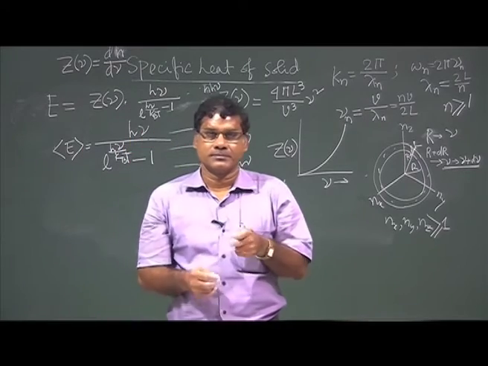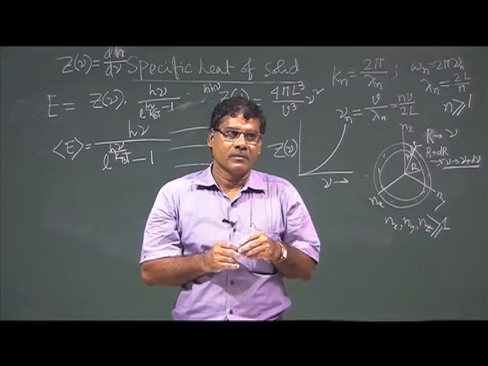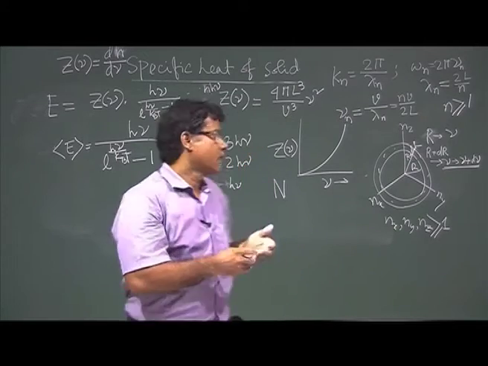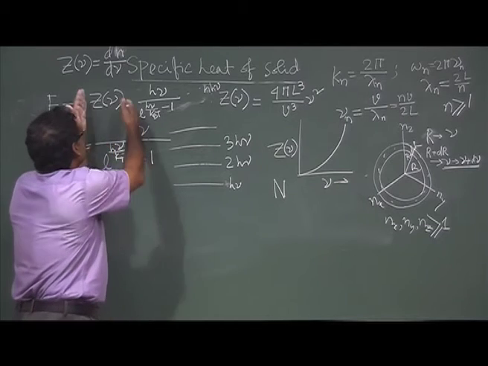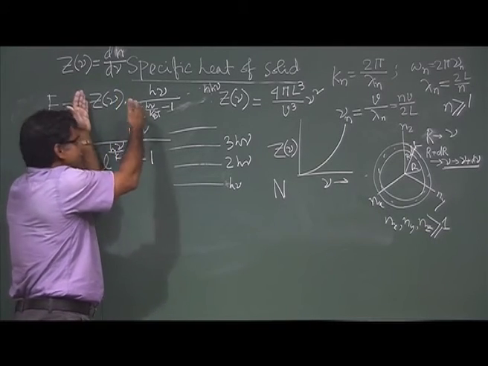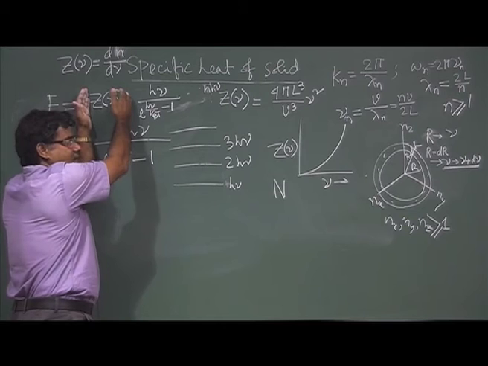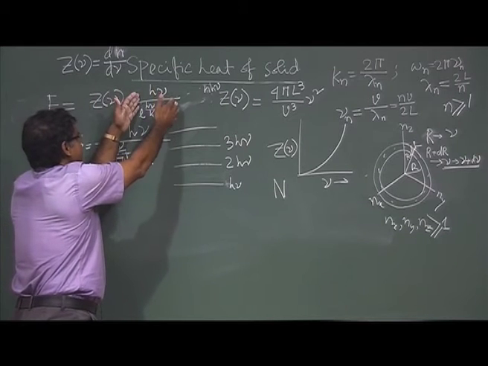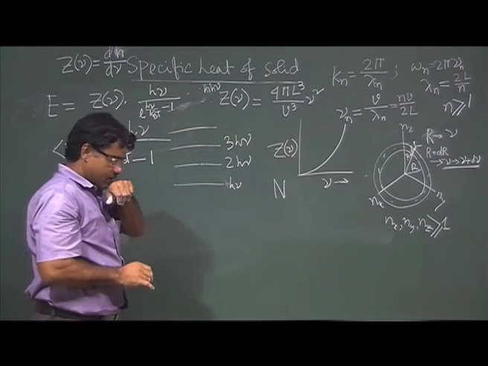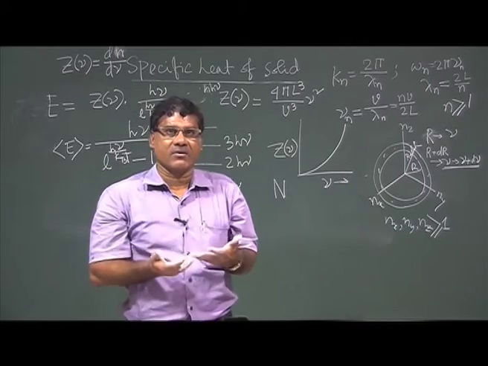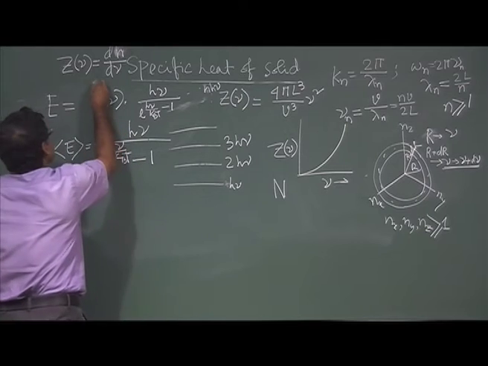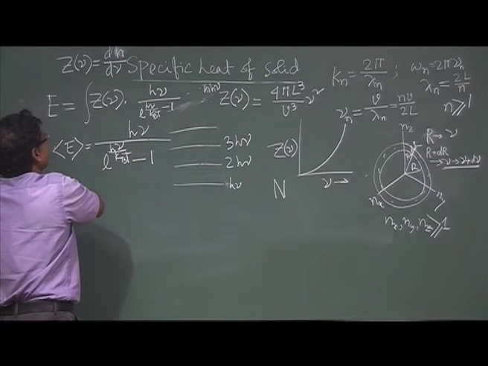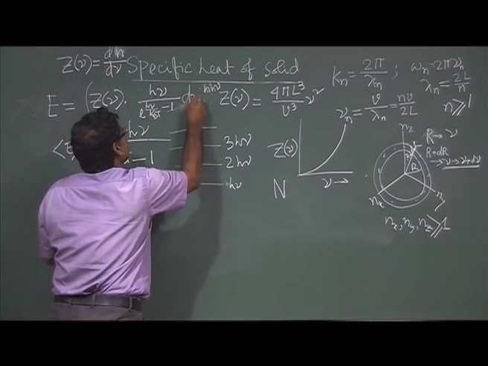If I multiply it, this will be the energy for a mode having the frequency nu. In that frequency, this many modes are there, each having this energy, so I multiply it. Now, I have to integrate over the defined frequency range, d nu.